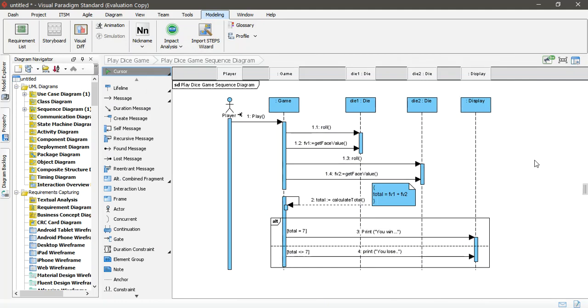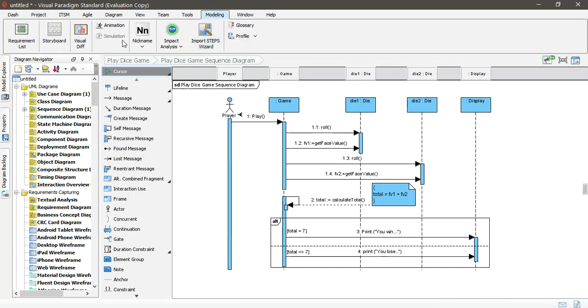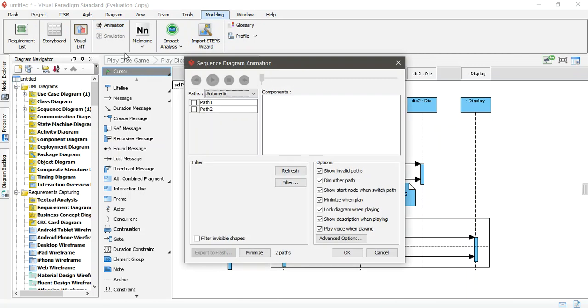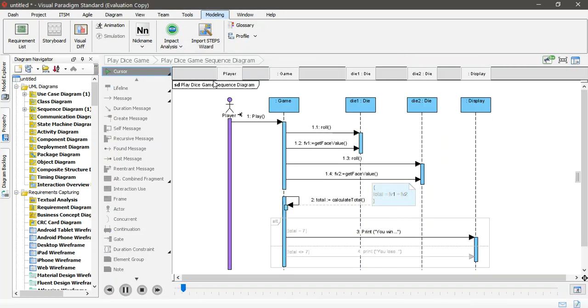So what I want to do, I want to see how the diagram can be run. If I go to here to modeling, and in the modeling there is animation. When I click on the animation, there are two paths, one for when the if statement is true and one if it is false. So if I click on this one and run it to see how it is run, then it will show